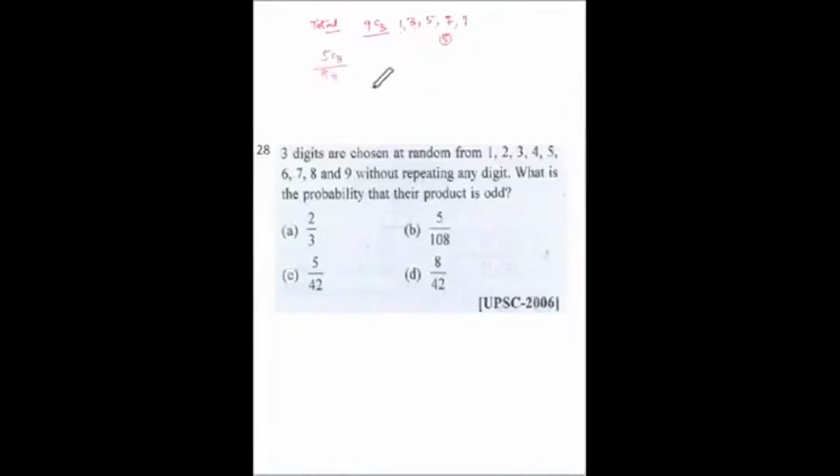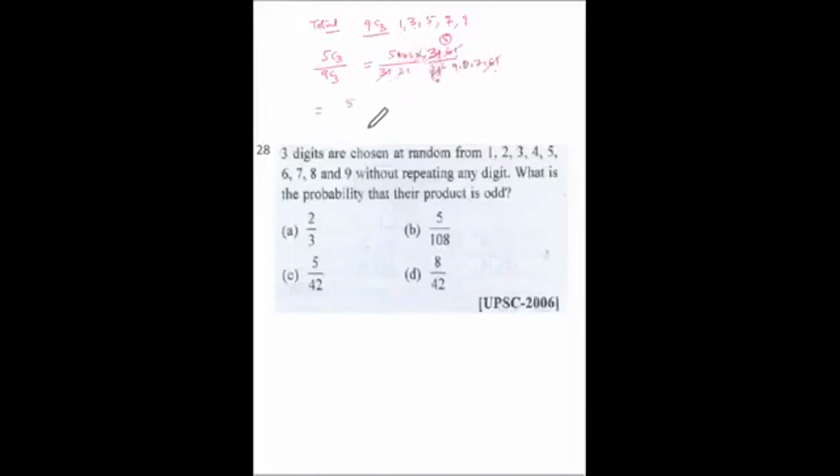So this will be the answer, which comes to 5 factorial upon 3 factorial into 2 factorial, divided by 6 factorial over 3 factorial and 9 factorial. We can write it like this. So 3 factorial is gone, and now 9 factorial can be written as 9 into 8 into 7 into 6 factorial. So 6 factorial is gone, and then we have 2 factorial. So we have 5, 4, 3 and 2 factorial. It is gone.